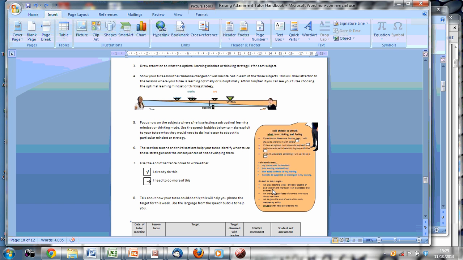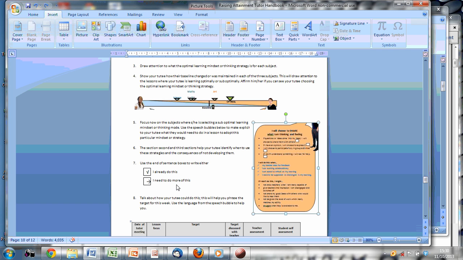what the consequences are if the student continues to use a suboptimal mindset in that particular lesson for that particular factor. And there are some very helpful statements there to help the student to motivate them in choosing some alternative behaviours. You've got 3 or 4 then specific behaviours and strategies that the student can select, and that you're going to discuss with them and consider whether or not they are already doing this and whether they need to do more